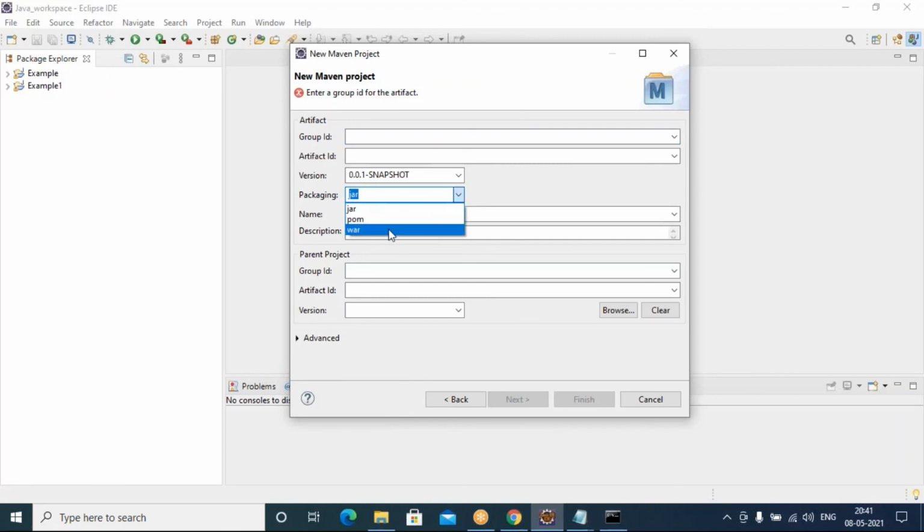These three are listed here. So I am going to show you how to create a project using the command line.